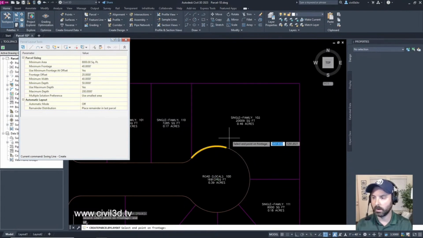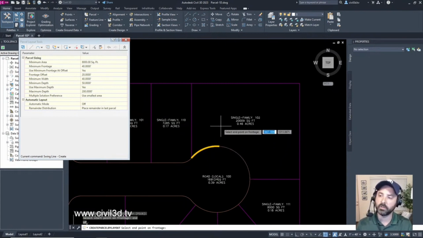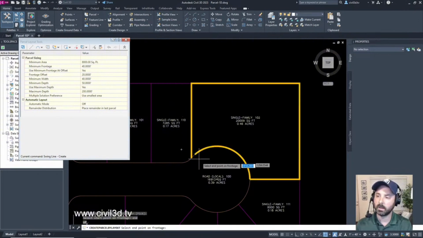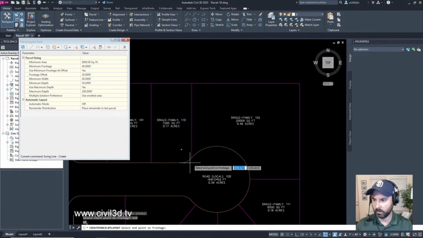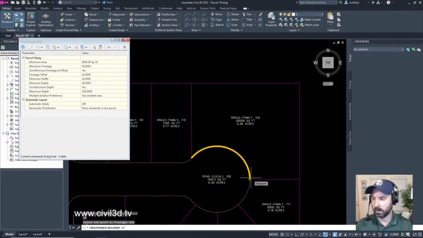There we go. Also, I'm noticing that depending upon where my cursor is on this side of the line, I could pick this side, or it starts to get a little weird if I move my cursor over here. If I come down, there we go. I don't want to go that far. I'm going to go to here. You see, depending upon where I put my cursor, over here I get even more frontage. But what if I don't want that? I just want it to be to about right here.